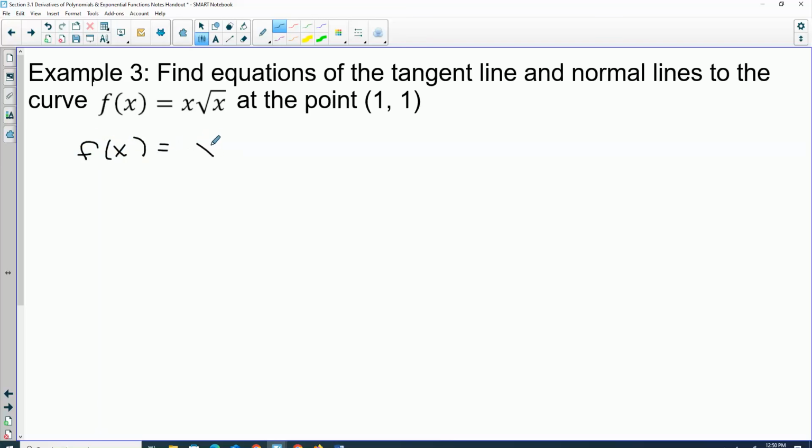We have an x times a square root of x. A square root of x is the same as x to what power? If x's are being multiplied, what do you do with their exponents? So this is a 1 plus 1/2, so that's 3/2. So the derivative,